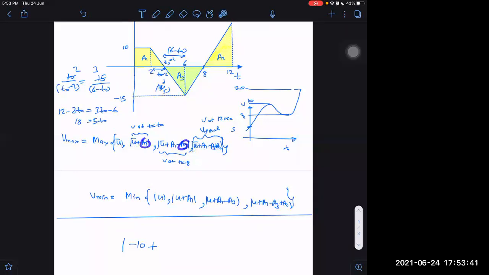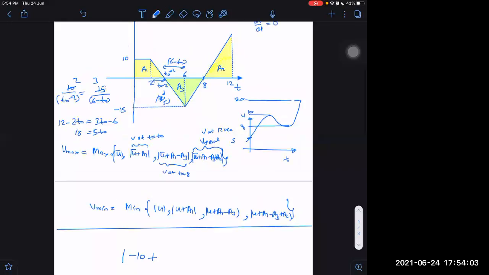But as far as the areas are concerned, one note, sir. Do I have to put magnitude wise only? Why do I have to put the areas magnitude wise? Because a minus is already appearing here in front, whenever it has to be negative. Sir, one note, here A3 is negative. Why did you again substitute minus? No, I'm not taking it negative again, I'm taking the magnitudes of the areas.